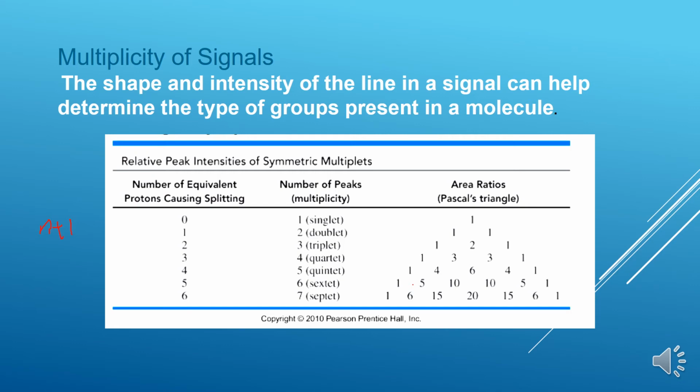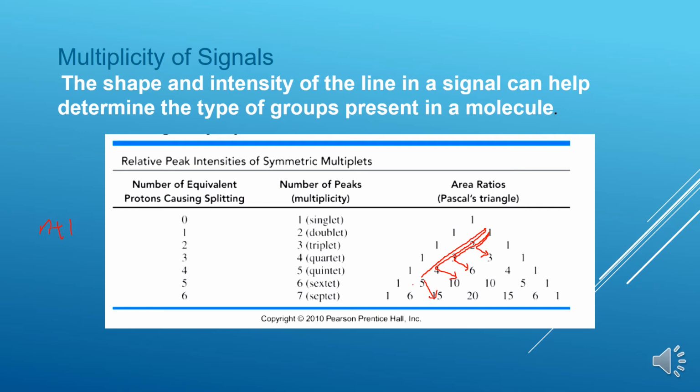So this diagonal, the second diagonal values, are running numbers. Third diagonal values are based on another method also. By adding these two values, we get 3. To get this 6, add these three values. To get this 10, add these 4 values. To get this 15, add these 5 values. So like that also we can calculate.